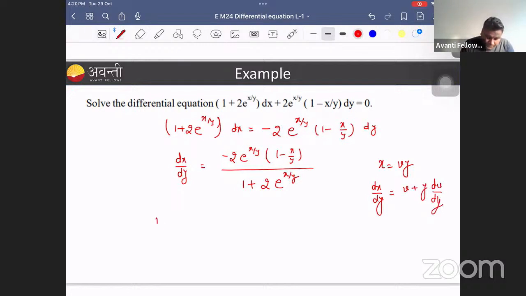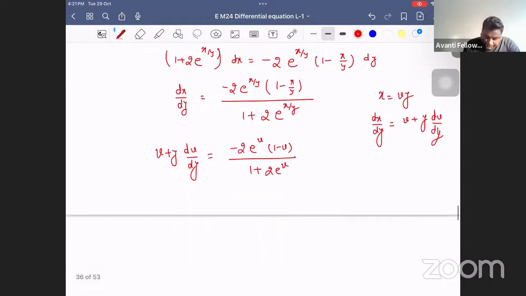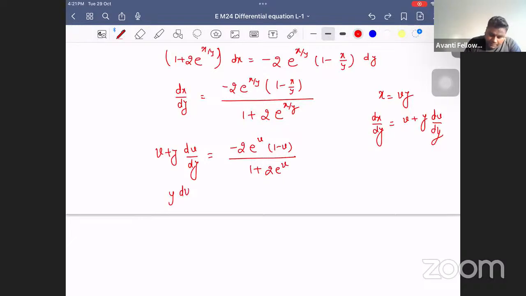Now replace it here. v + y dv/dy is minus 2e^v into (1 - v) upon 1 + 2e^v. Am I correct? Now take this v to the right hand side. So y dv/dy is (-2e^v + 2v e^v) upon (1 + 2e^v), minus v. Got it? If you take LCM,